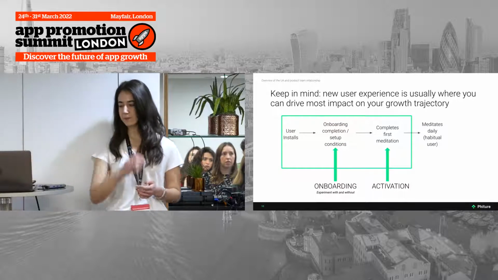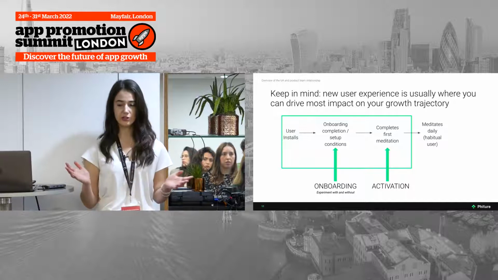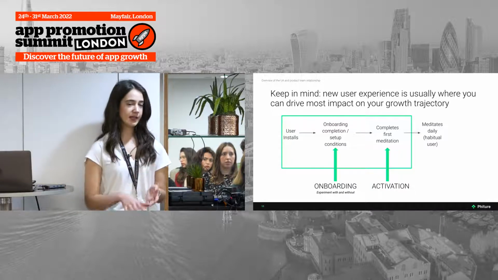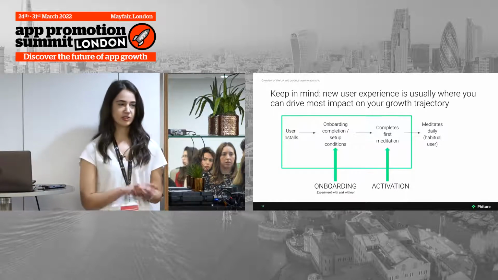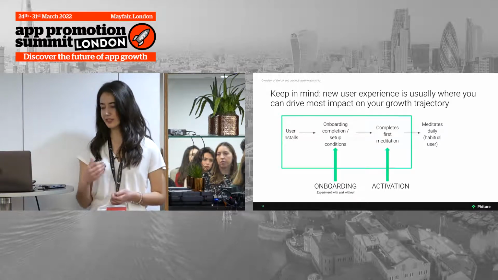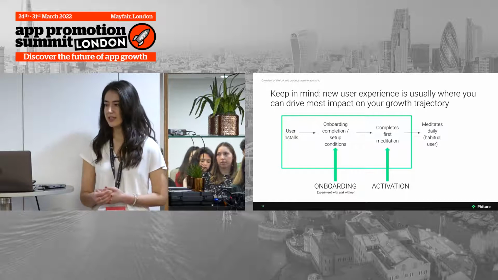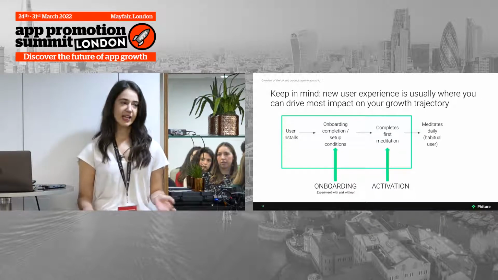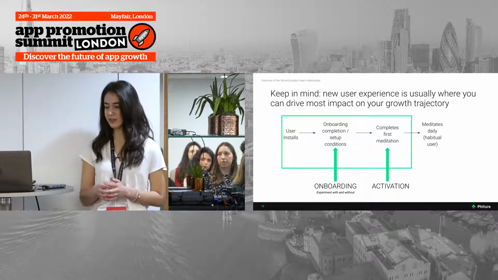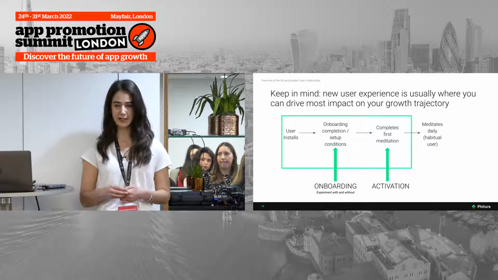And where we can sort of start is just understanding the user funnel. So for the example that we have with Zen, the meditation app, the user is installing. The paid campaigns are bringing the users in to complete their onboarding. It's showing them an overview of what the app is. They complete their first meditation. And for performance marketing purposes, we probably care about that because we're optimizing on something like a cost per first meditation complete.